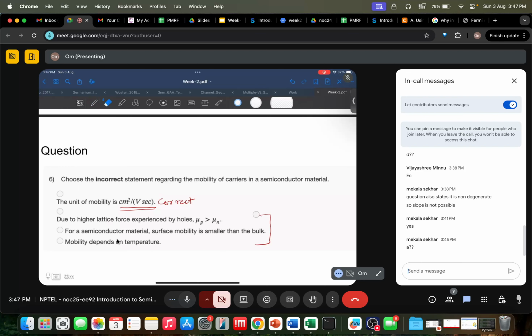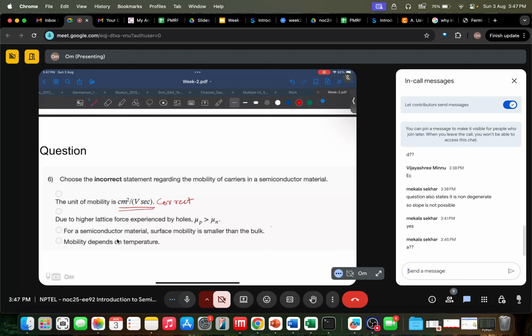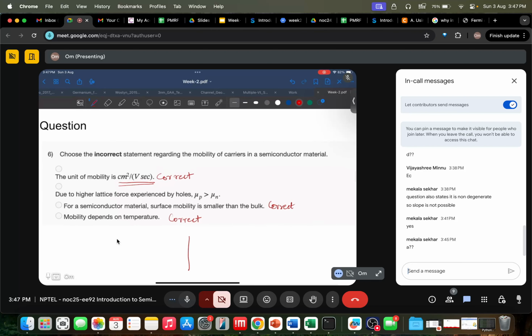Okay, so since you're stuck in this, let me answer it. This is also correct. This is also correct. So mobility actually changes with temperature. It first increases in general cases. So mobility depends on temperature. This is correct. For semiconductor material, surface mobility is smaller than the bulk. This is also true